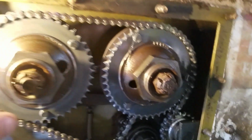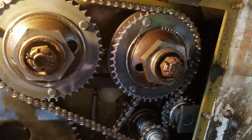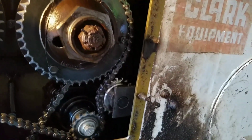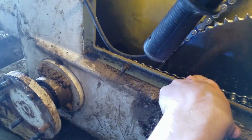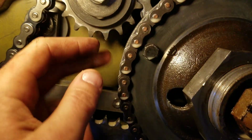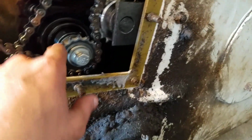But anyways, these things spin in both the same directions. The reason why one is forward and one is reverse, or how that actually works, is this chain is connected down here. This chain goes over to your front axle. That chain right in there goes to your back axle, which is all connected up behind here. So this front part spins off of this chain, off of this drive. This drive goes into